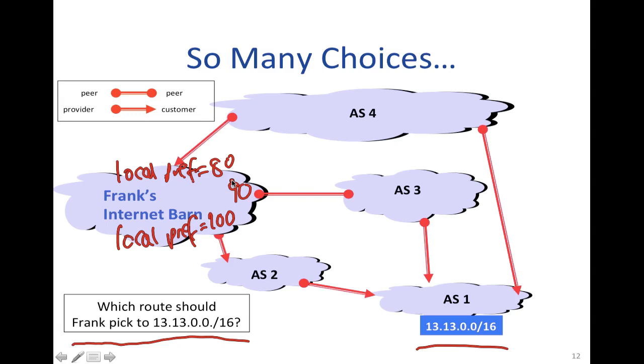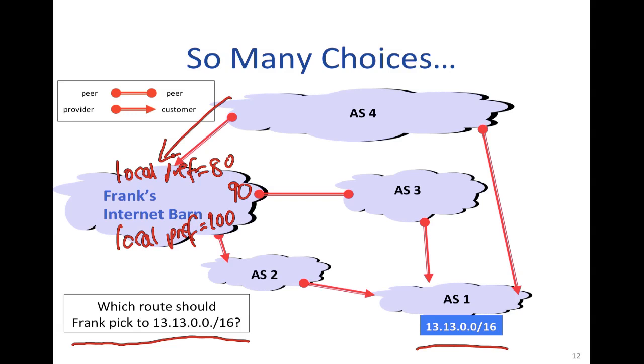What that basically says is, if I hear a route that arrives from my customer, I'm going to take that very seriously because that's a paying relationship, and I would prefer to send it to my customer rather than sending it over to a provider where I'm going to have to pay. So I'm going to give preference to routes coming up from the customer. My second favorite choice is from a peer, because I don't pay there either, because it's presumably settlement free. But where I actually have to pay for the traffic is to the provider. So if I hear a route that's advertised down here, I'm not likely to pick that